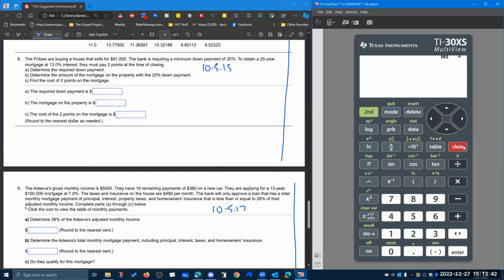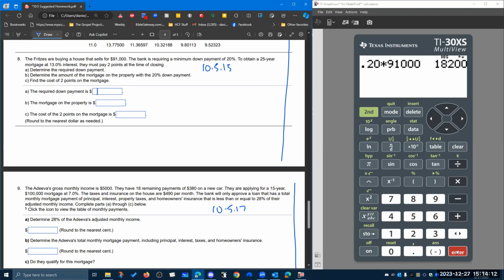Now the Fritzes are buying a house that sells for $91,000. The bank is requiring a minimum down payment of 20% to obtain a 25-year mortgage at 13% interest. They must pay 2 points at the time of closing. So let's figure out what 20% of 91,000 is. Their down payment is going to be $18,200,